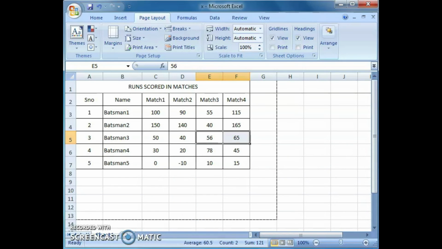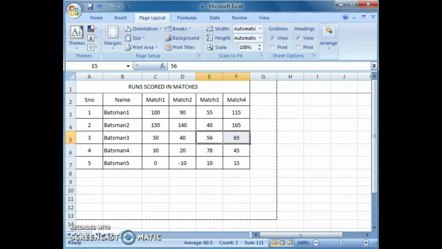A header is the information that appears at the top of each printed page, and a footer is the information that appears at the bottom of each printed page. By default, new workbooks do not have headers and footers. Excel offers the options of adding the header and footer to display important information about your worksheet.